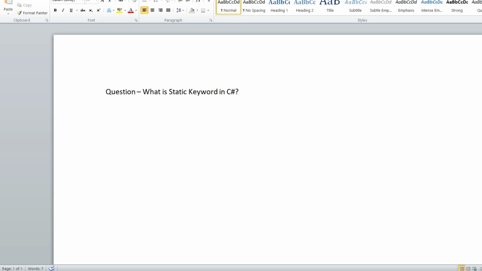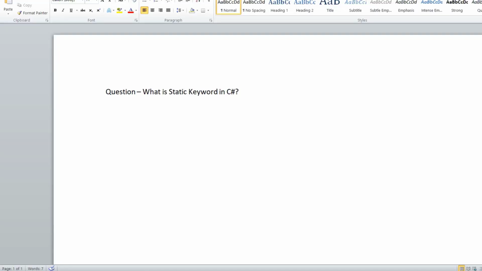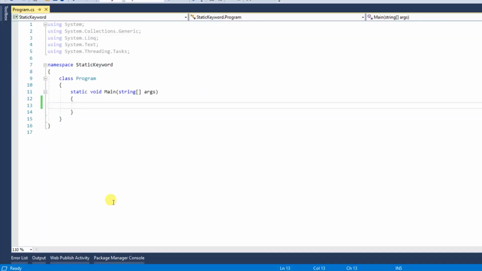Today we are going to discuss the static keyword in C Sharp. To understand it properly, first let's go to Visual Studio and see how things go with the static keyword. So first of all, I would like to tell you that